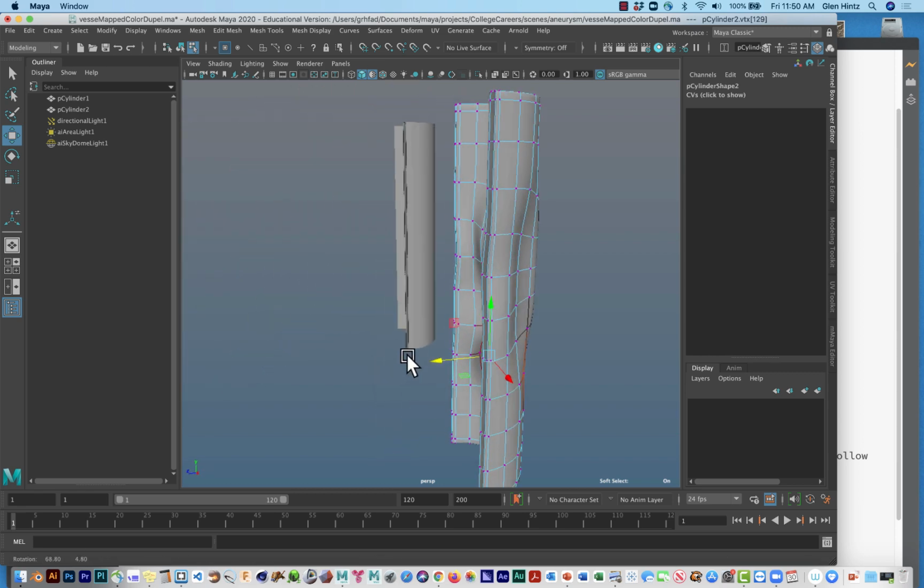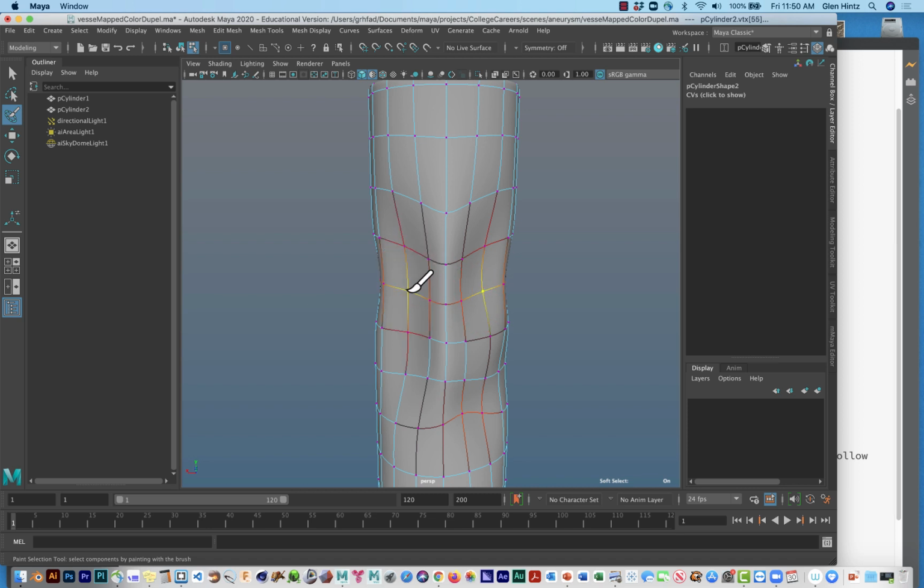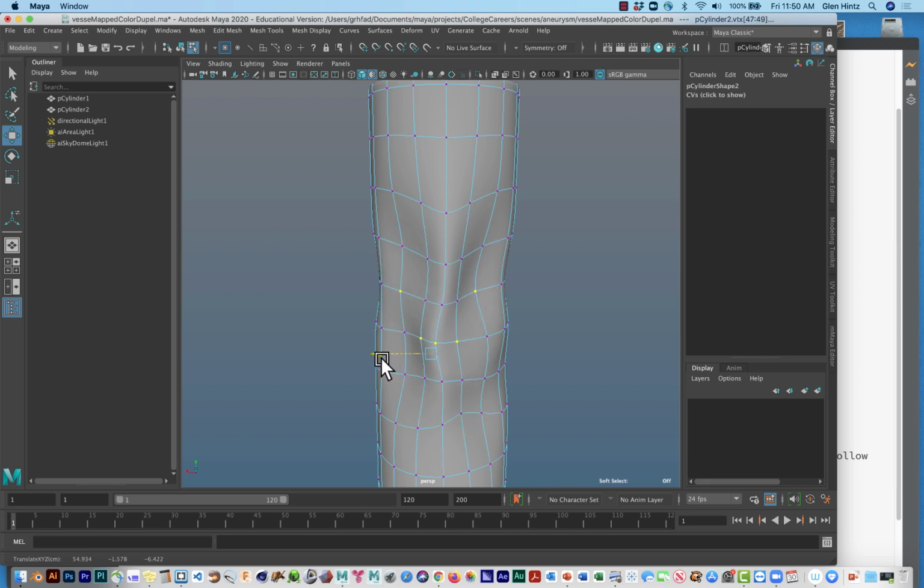Now I can come back out here with my paintbrush and move some of these surfaces back out, scale them further apart,